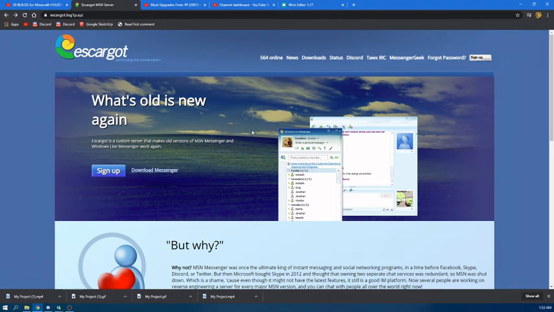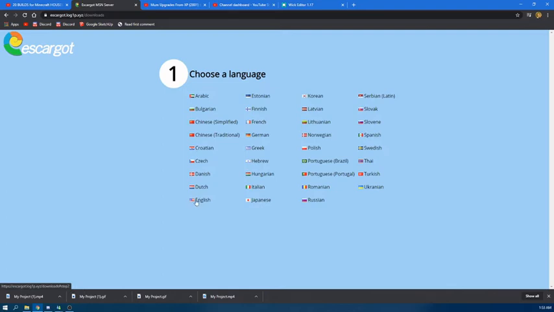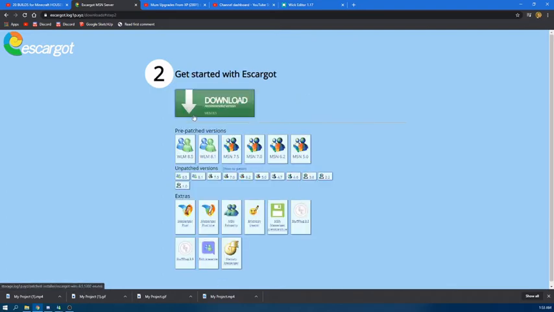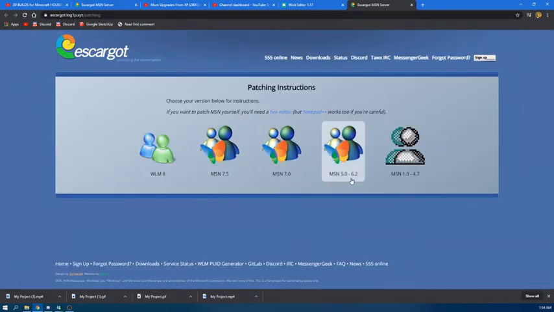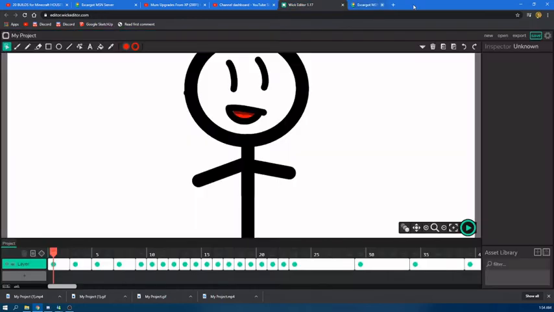And then once you've done that, you can go to downloads and then choose your language. So I'll go to English, and then I'd recommend just getting this one right here because that'll be pre-patched, so it can be used, and it's the latest 8.5 that is pre-patched. You can get one of these and then follow this guide on how to patch it, which you can read all of that, but I don't